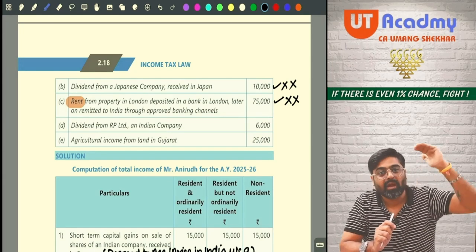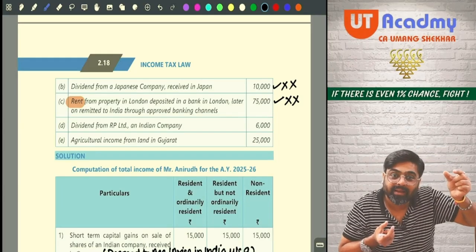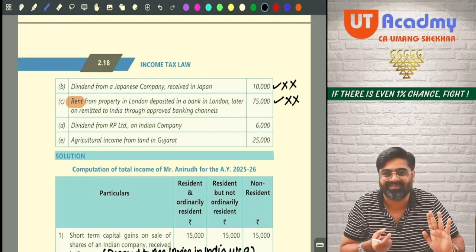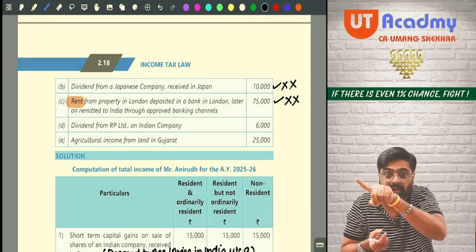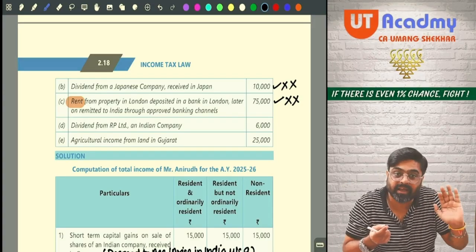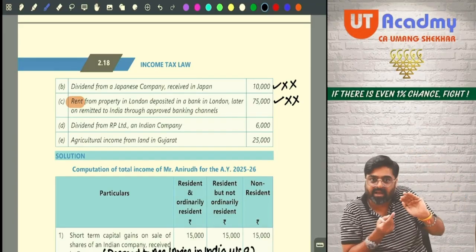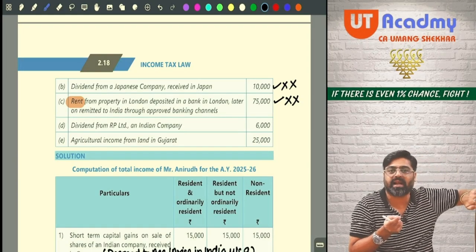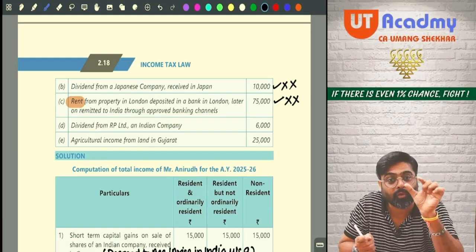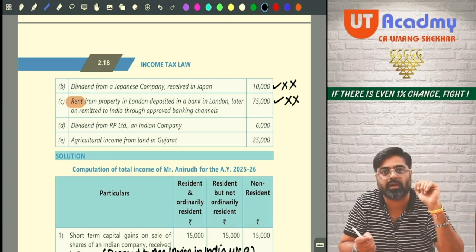And by the way, in the computation of your total income, income from house property head is charged to tax. And they are telling you to compute what? Total income. So in the computation of your total income, will you show house property head income? Yes. To calculate that house property head, first you will have to bring rent under house property head, take the 30% standard deduction, and after computing house property head, that income will be included in the computation of your total income. Getting my point?